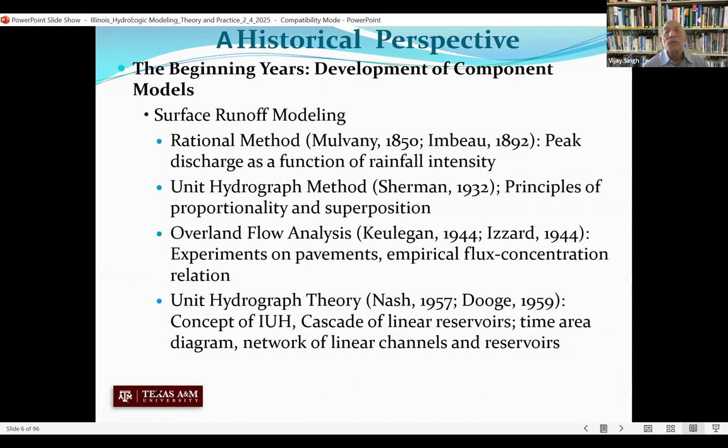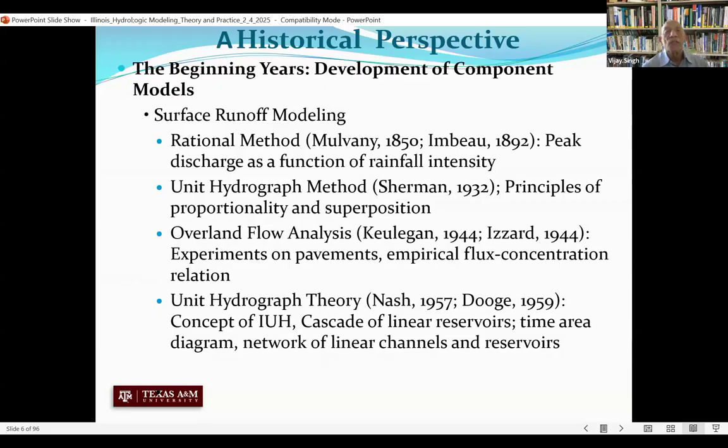Then in 1944, Quilligan developed the overland flow analysis using hydraulic principles. And Wizard, who was a road engineer or highway engineer, did some experiments on road pavements in 1944 that essentially developed the empirical analysis of overland flow, because he did experiments on pavements through which he derived an empirical flux concentration relation. Ten years later, Eamon Nash and Jim Dooge developed the unit hydrograph theory, which was essentially